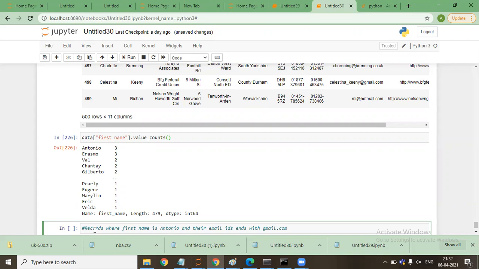I'll give you 2-3 minutes, and you need to write it on a piece of paper in case Python is not open with you, and tell me how we write it. I'm here only.